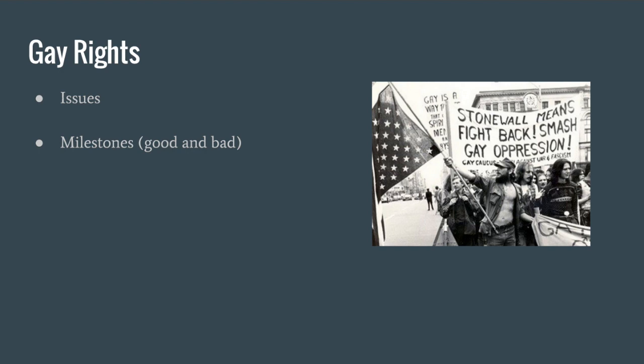Moving on into the 1980s, in 1982, Wisconsin became the first U.S. state to outlaw discrimination based on sexual orientation. And in 1987, at the height of the AIDS epidemic, hundreds of thousands of AIDS activists took part in a national march on Washington to demand that President Reagan address the AIDS crisis. Although AIDS had been around since 1981, it wasn't until '87 or '88, the very tail end of Ronald Reagan's presidency, that he even uttered the word AIDS. So he really ignored the issue altogether until the very end of his presidency.